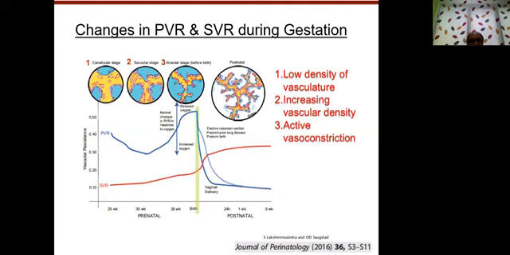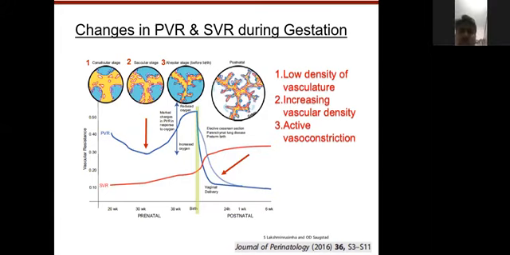As soon as the baby is born, you could see that there is a drop in the pulmonary vascular resistance, and consequently an increase in systemic vascular resistance. This is what happens as soon as the baby is born. What you can notice is that babies who are born by vaginal delivery drop their pulmonary pressure quite significantly compared to babies who are born by cesarean section, or who have any underlying lung disease, or who are born preterm. So these are the two points where you can see a drop in pulmonary vascular resistance and an increase in